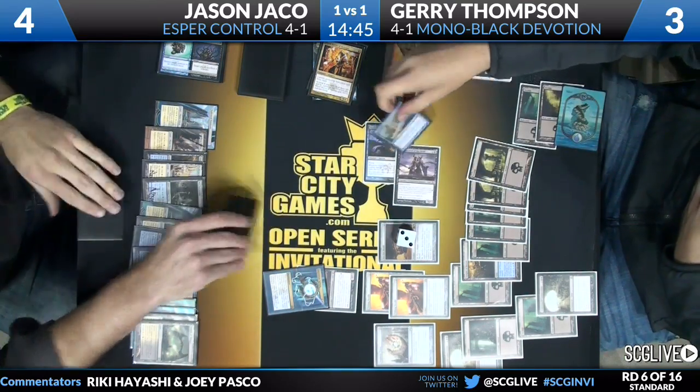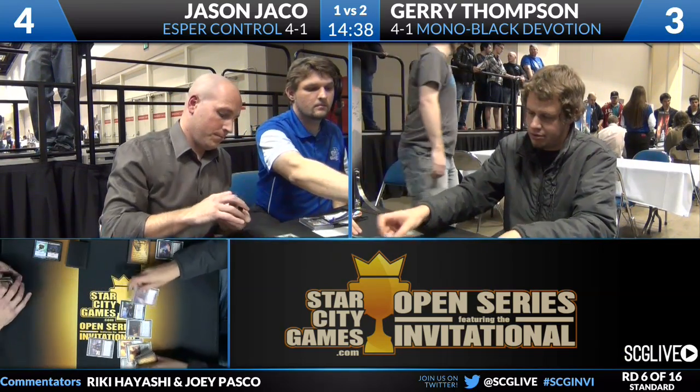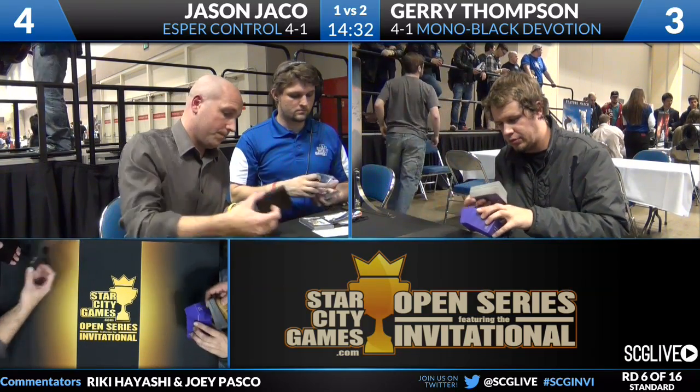And yeah, Jason cannot find an answer on the top. Doesn't matter. Gerry Thompson with Mono Black Devotion on the back of gods and specters and demons and all kinds of card advantage off of his connection to the underworld. Takes down Jason Jaco here in round 6 of